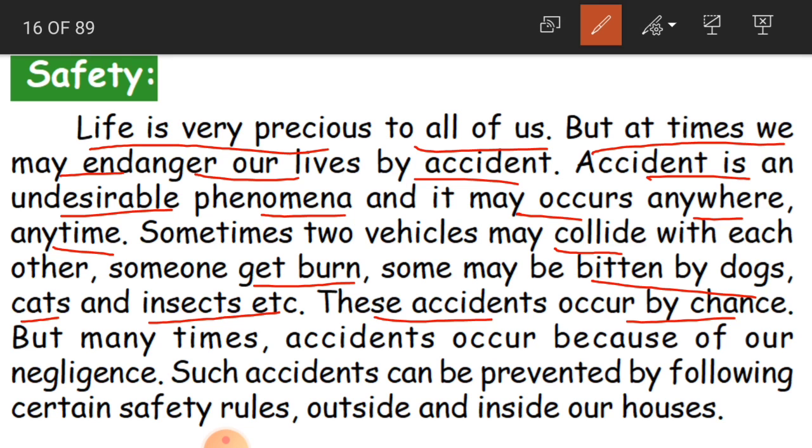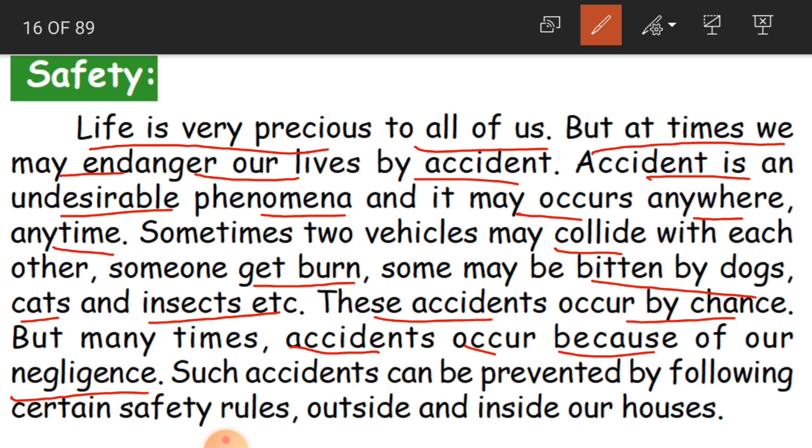Sometimes, as we said, vehicles collide, or get burned, or someone is bitten by dogs, cats or insects. These are all by chance. We are not doing it wantedly. It is an unexpected situation. But many times, accidents occur because of our negligence.